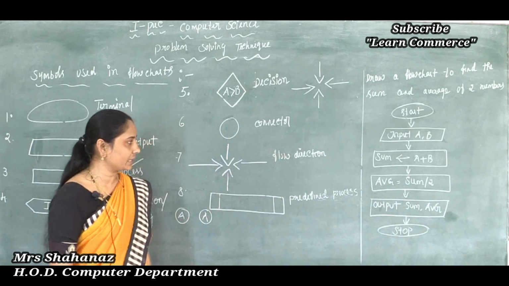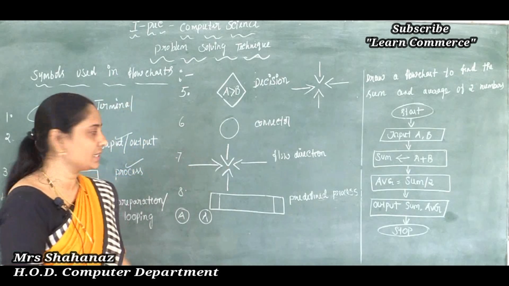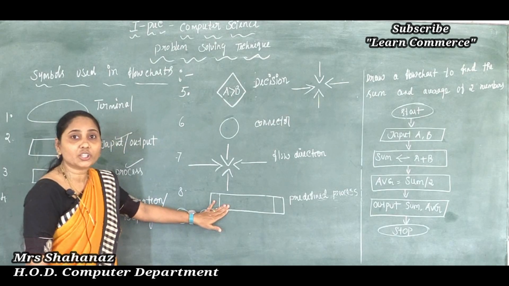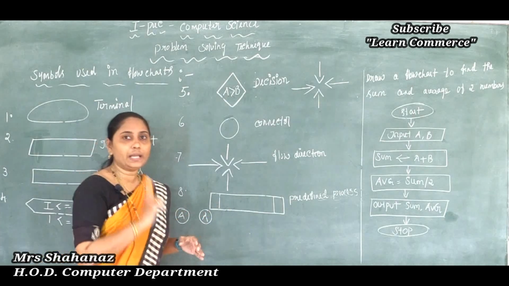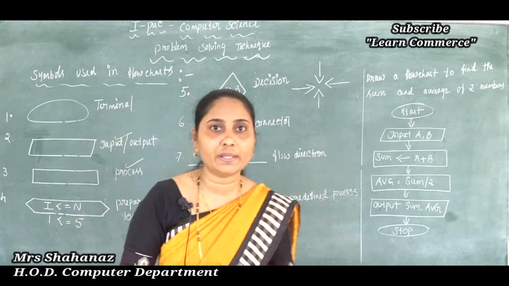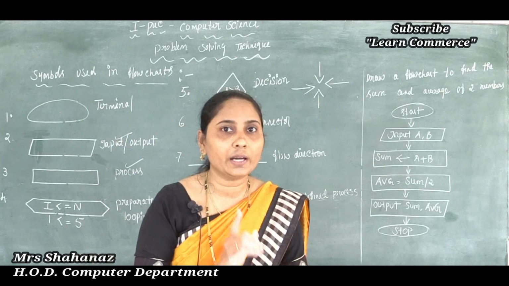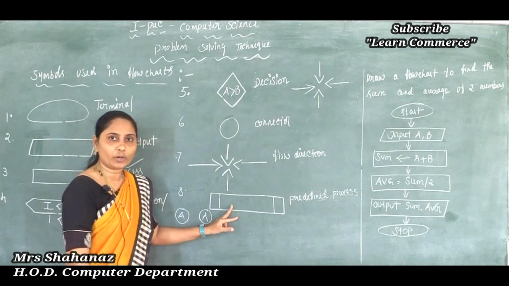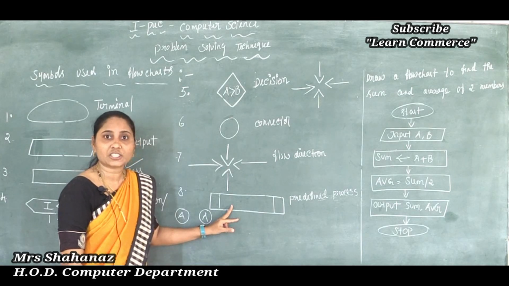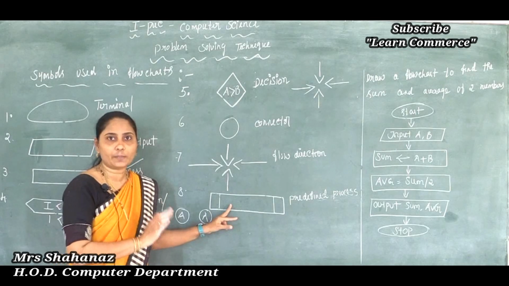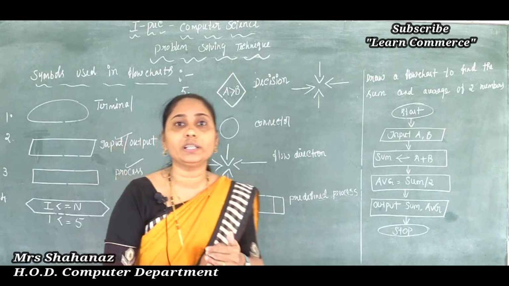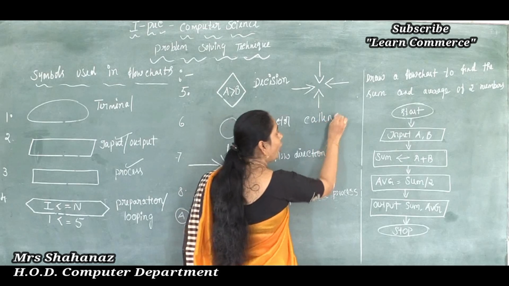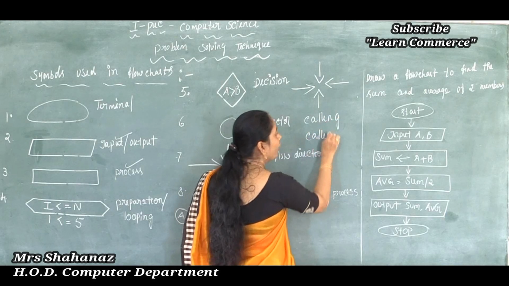And lastly we have the predefined process. This symbol is specially used in our function program. One program is there, and the name of the program is function. Here we are not going to create any function, it is the program name. In a function we use this symbol, especially while calling and being called, because here there are two types of programs. One is the calling program and the second is the called program.